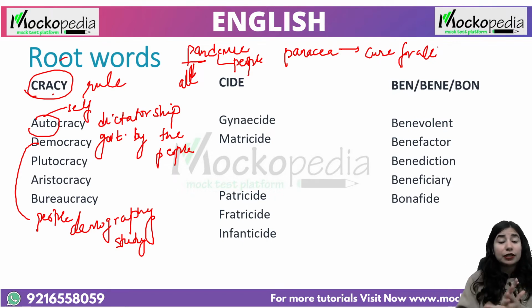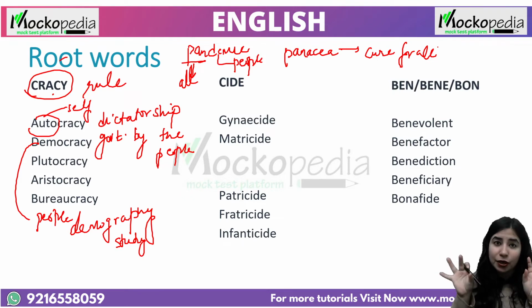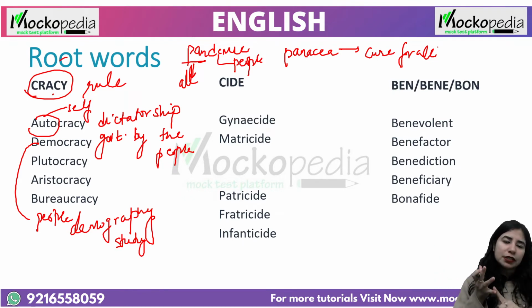Now there's another word that I'll teach you, panorama view. I'm sure everybody has smartphones and smart cameras, and there is this feature, panorama view. It will capture the entire view. It comes from pan, which means all or entire. So this is how we are learning so many words. So we have learned autocracy, we have learned what?